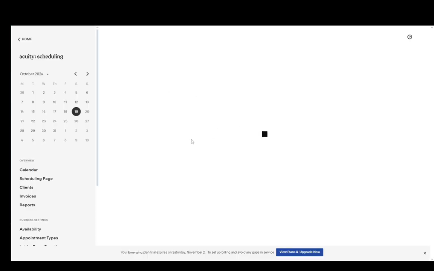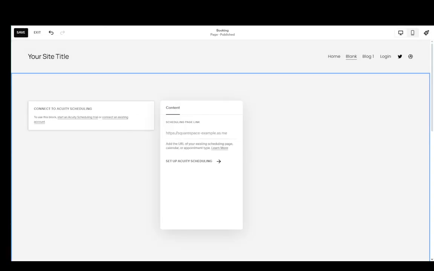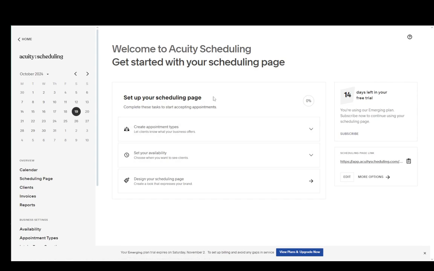I've used it for a different program in the past, but once this loads up, as you can see, it's setting things up. You can then go ahead and create your calendar and allow people to schedule it. As you can see, this is what it looks like. You can then set up your scheduling page, but this should be pretty much it. As you can see, you have a free trial of 14 days. Other than that, it is pretty much just